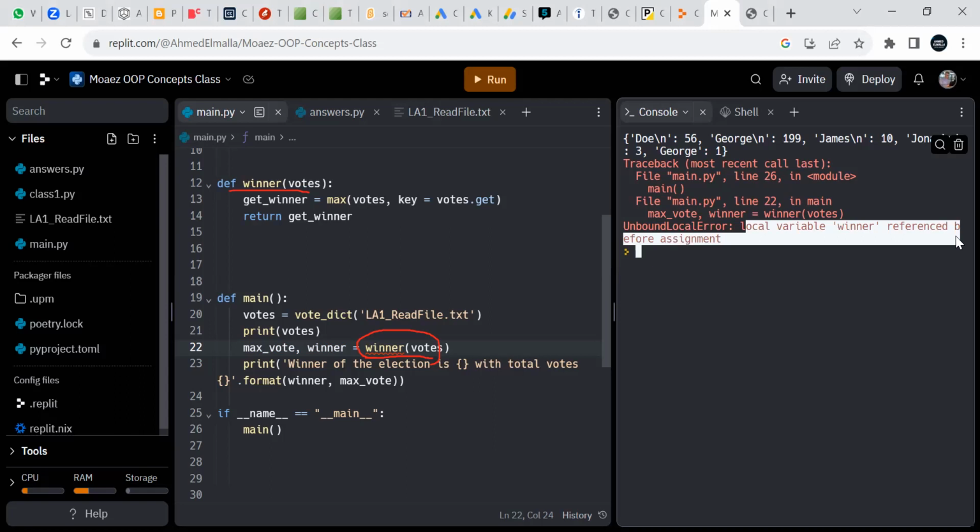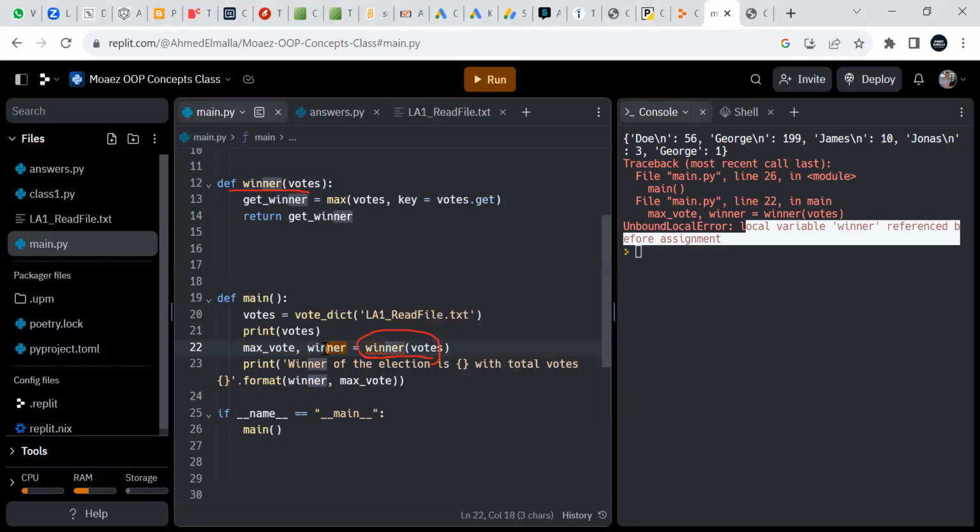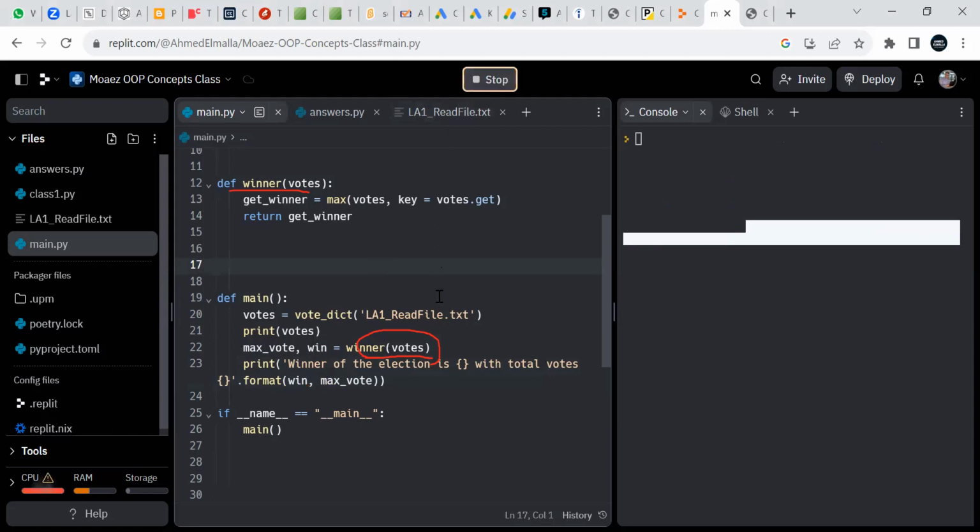So actually, you cannot make a function name and also create a variable with the same name. This cannot work. So we have to change something like that. Okay, so let us try to run and see.